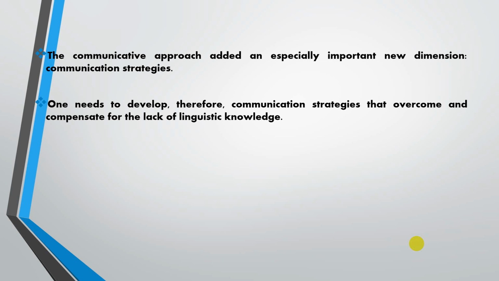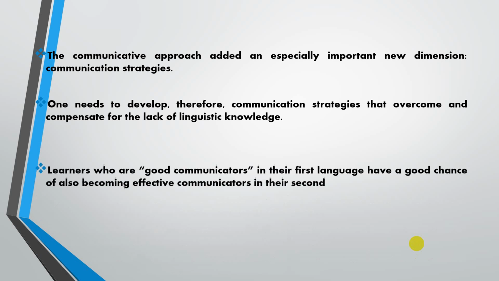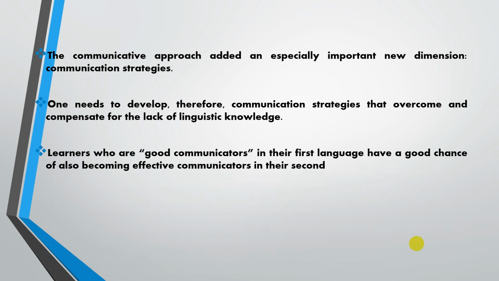Such communication strategies are partly universal in nature from the learner's point of view, since some can successfully be transferred from the first language. That's why we can name or title this universal. Thus, learners who are good communicators in their first language have a good chance of also becoming effective communicators in their second, although they may not know the second language nearly as well as the first. We are referring here to the ability to paraphrase, use circumlocution and gestures, among other things, during spoken communication. These abilities seem to be quite transferable if the language classroom provides sufficient opportunities for using such strategies in the